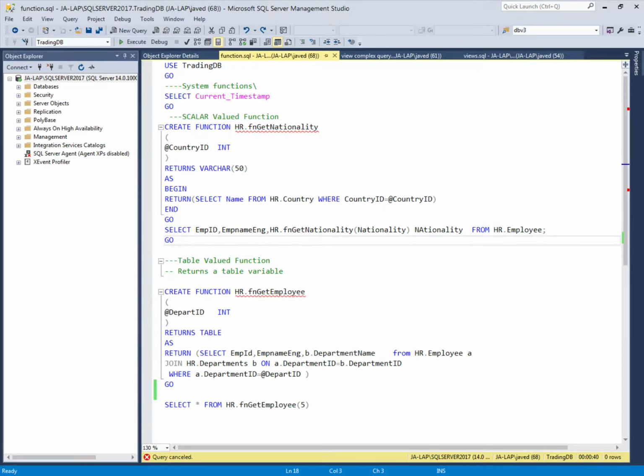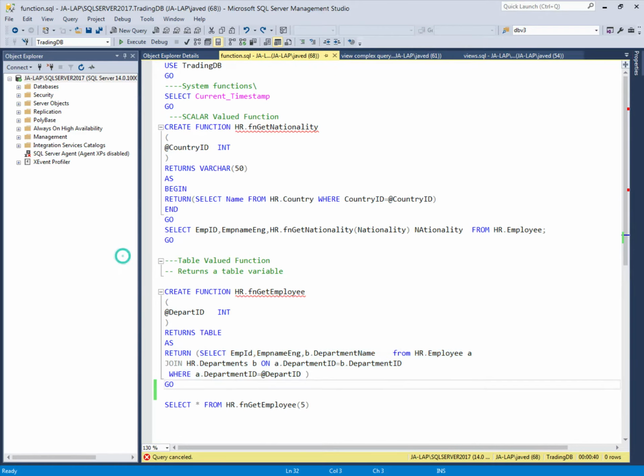Here is the syntax for a table valued function: create function, function name, and we will pass the department ID to this function, and it will return a table, using logic like this: select employee ID, employee name, and department name from employee, and we join the department table, and then it will return all these values from two tables in the form of a table output parameter.